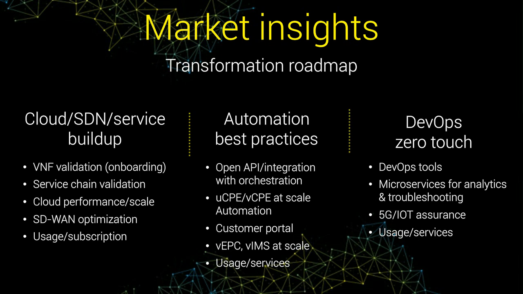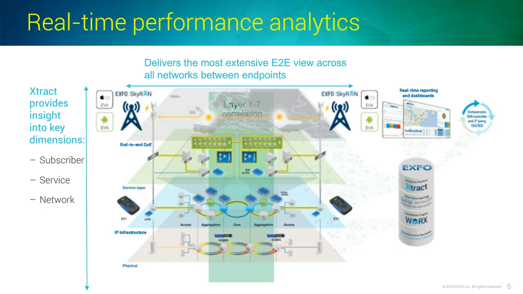Now, the secret of this whole transformation lies in how well they are able to understand their network horizontally as well as vertically. In other words, a 360-degree view. This is very important for their success. From the vertical point of view, a lot of the probe systems that we have traditionally been using can be used. And from the horizontal point of view, active service assurance testing is key to understanding the behavior of the network end-to-end and also at the demarcation points.